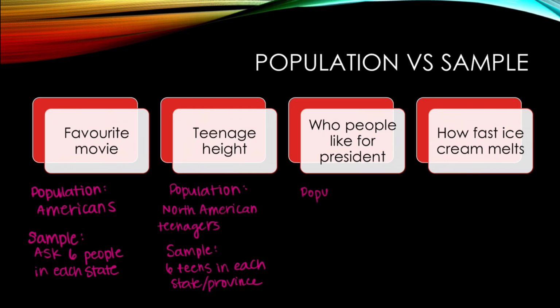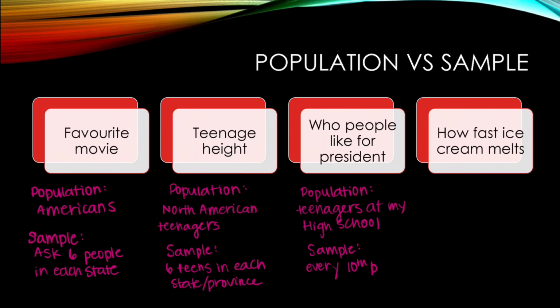Who people like for president. My population, let's change it up a little bit. Let's say I was in high school and I'm doing a project on who people would like for president. So my population would be teenagers at my high school. And then my sample, let's say I would pick every 10th person in the cafeteria at lunchtime,